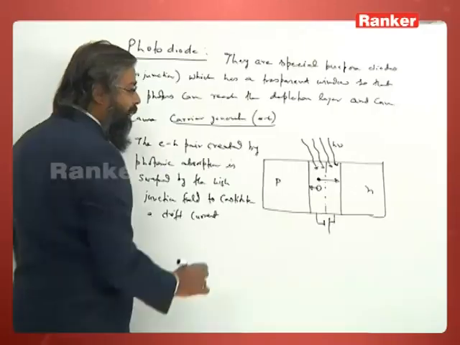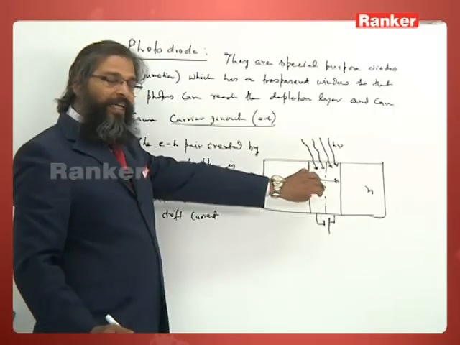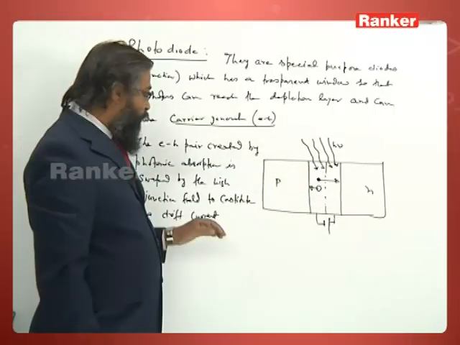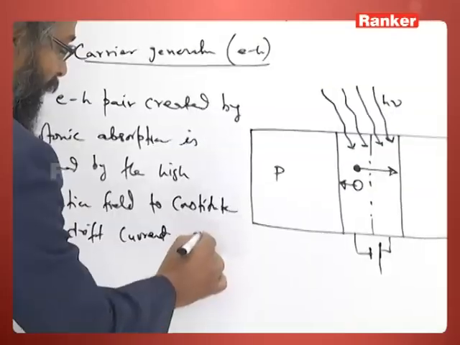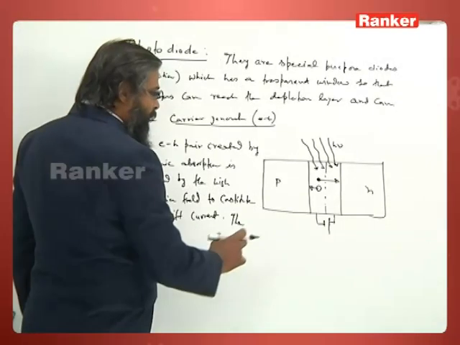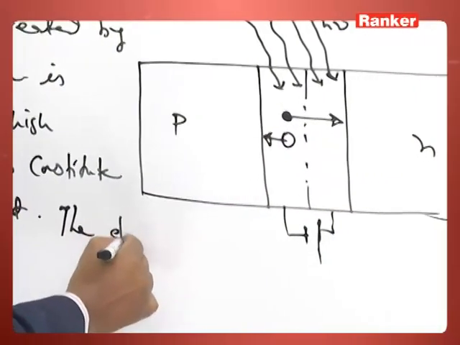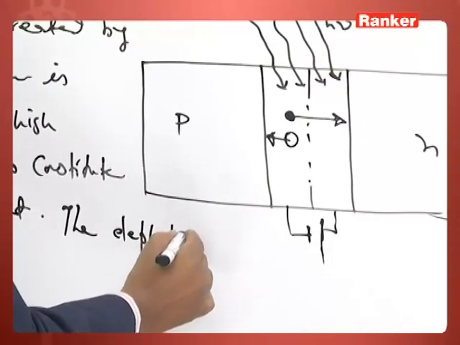So, we all know the electron hole pair created here is carried by the junction field due to the drift current. The depletion layer